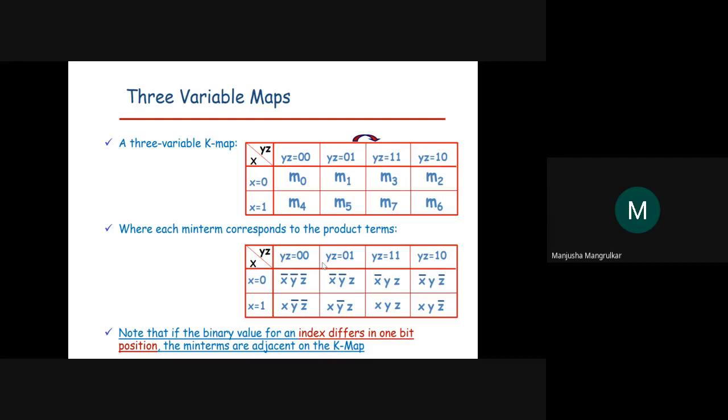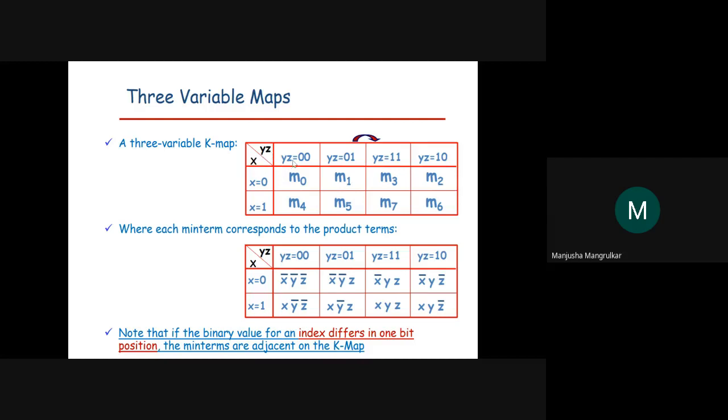So m0 to m7. Now here you have to keep it in mind. This is x equals 0, y equals 1. This is a rule over there, right? First, your x y z sequence should be in this way. It should not change. It should be a sequence in this way, x y z, right?